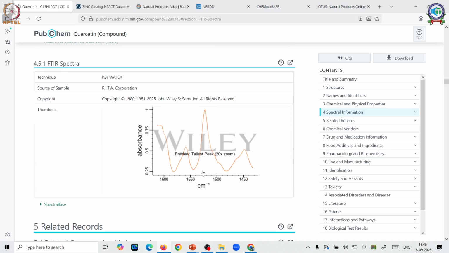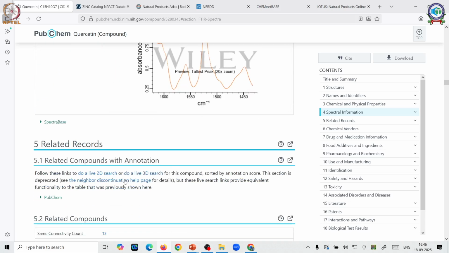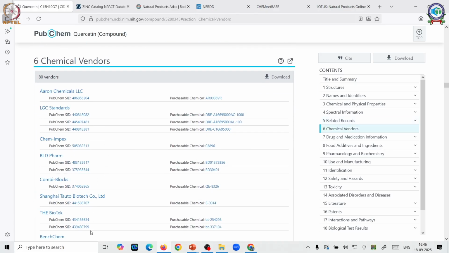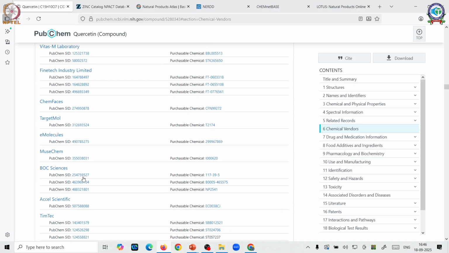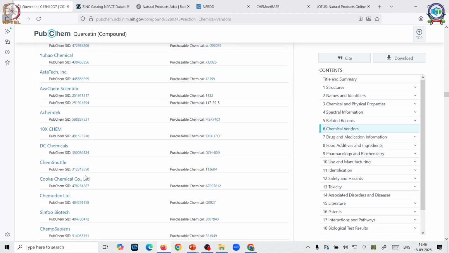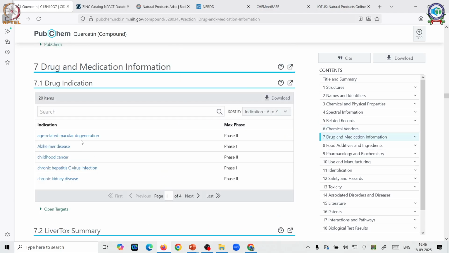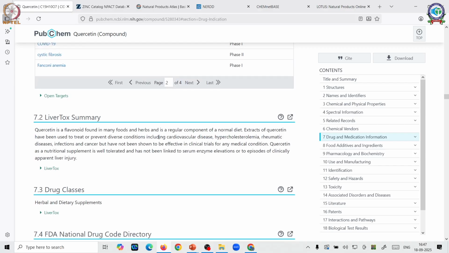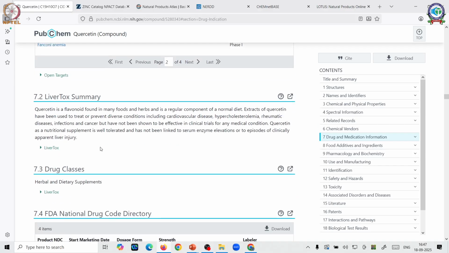The IR spectral detail is not there, but you can see the FTIR. So you can see the list is so exorbitant. It even shows who supplies this compound in case you want to purchase it. So your PubChem kind of makes the whole details ready for you. The metabolism, the drug indication, where all it is known to be used: age related macular degeneration or Alzheimer's, childhood cancer, hepatitis. They are almost different entries here, and at what phase it has reached, that also it gives you the detail. The summary, whether it is toxic especially to your liver or not,